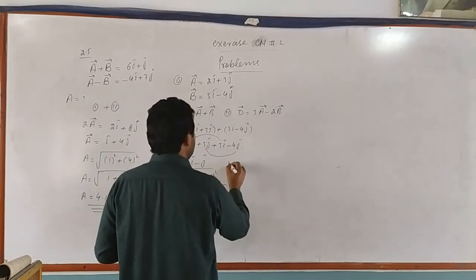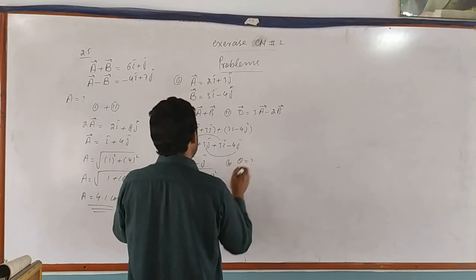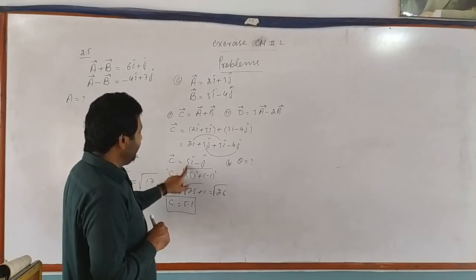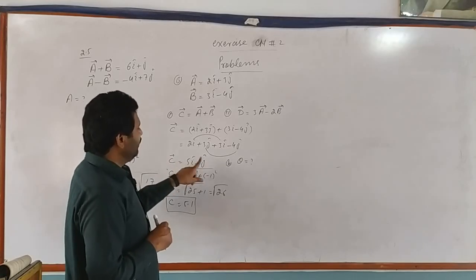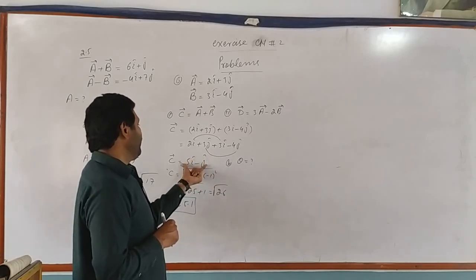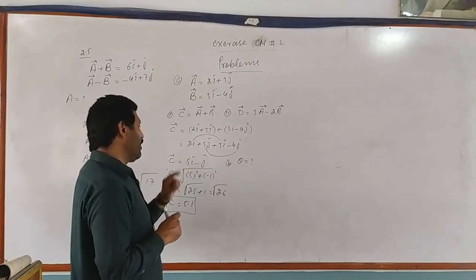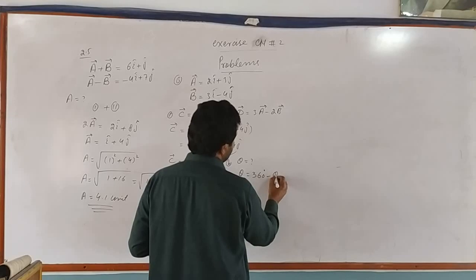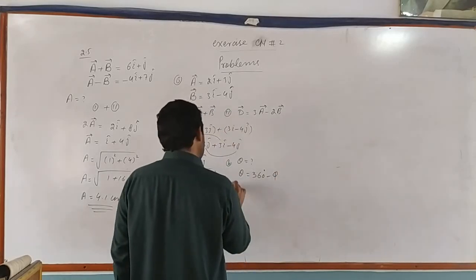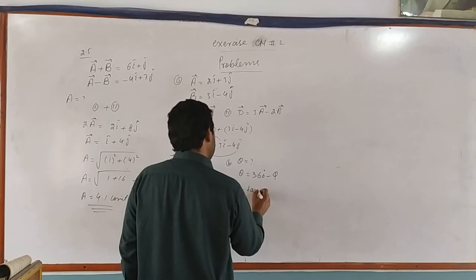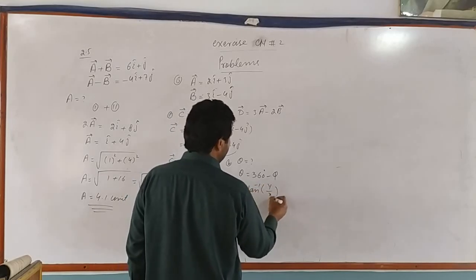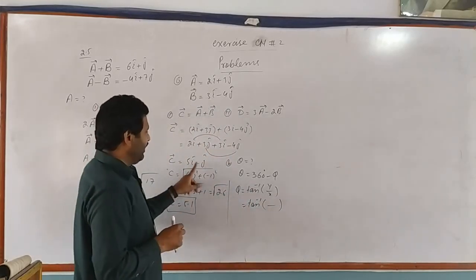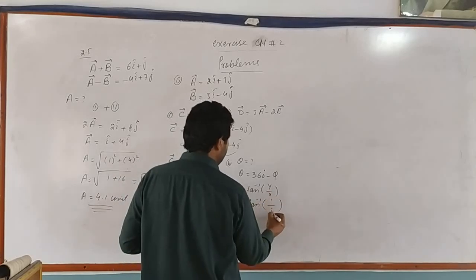We have to find the orientation, meaning theta of vector C with respect to the x-axis. Vector C has a positive x and a negative y, which represents that vector C lies in the 4th quadrant. Its direction with respect to the x-axis will be calculated by the formula 360 degrees minus phi. Now we find the value of phi by tan inverse of y over x. The values of y and x are 1 and 5,